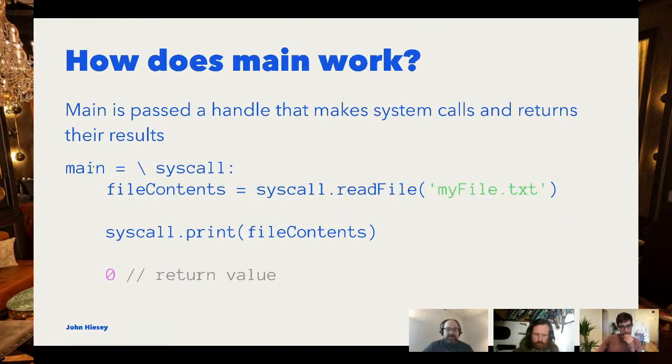So I start my program, start main. Main will essentially yield like a generator, a command to read a file, and then it will resume providing the contents back to main. So you resume main with the contents, and then it'll halt again, print the result, and then resume with no argument, and then it'll return 0, and then your program exits. So this just cats my file out to the screen, essentially.